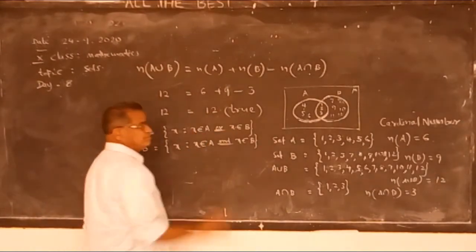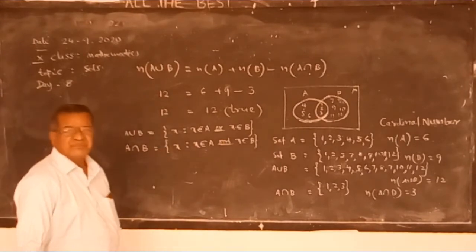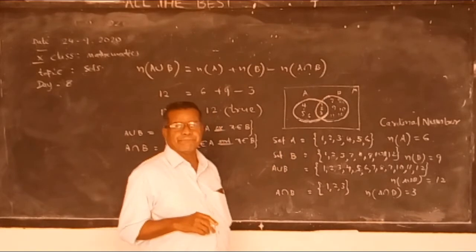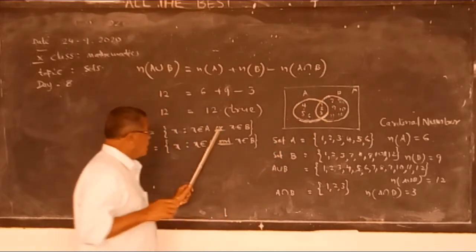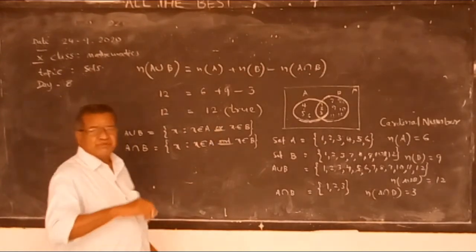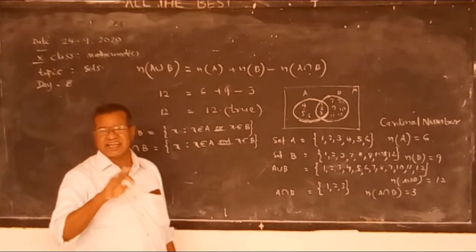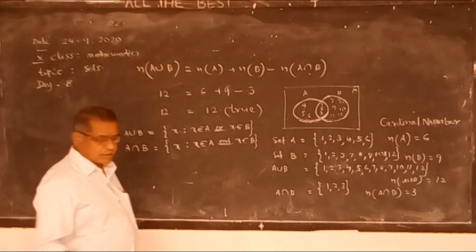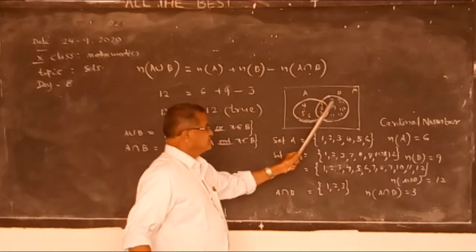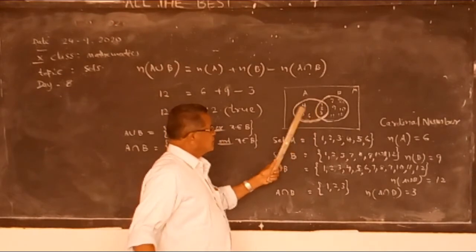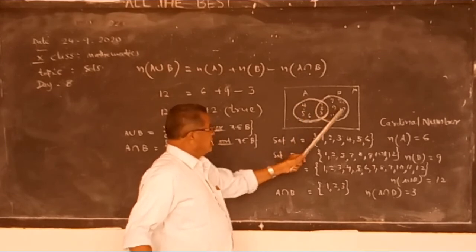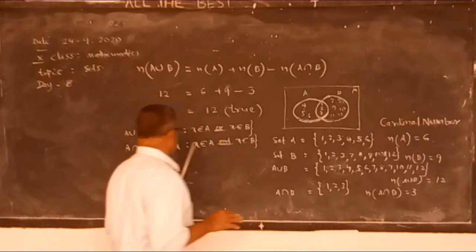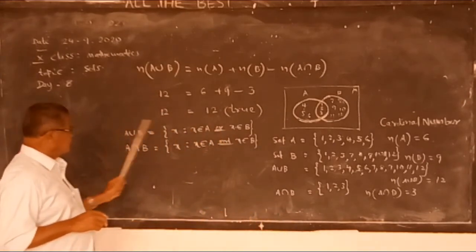This is the way of writing the set builder form of A intersection B. For intersection we write AND. For union we write OR. Logically, in union the element should lie in one set, either in A or in B, and we use OR. But in intersection, elements are common in both A and B. That's why x belongs to A and x belongs to B, because it is common. 1 is common to both set A and set B. Take 2, 2 is also common to both. 3 is common to set A and set B. So this is the way of writing the set builder form of A union B and A intersection B.